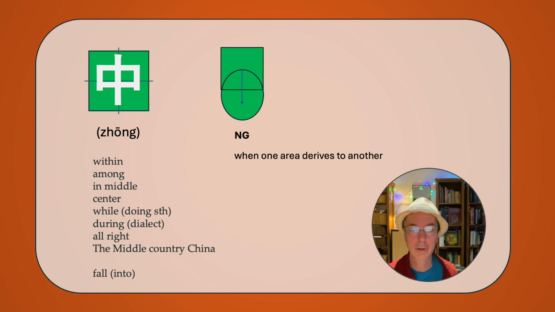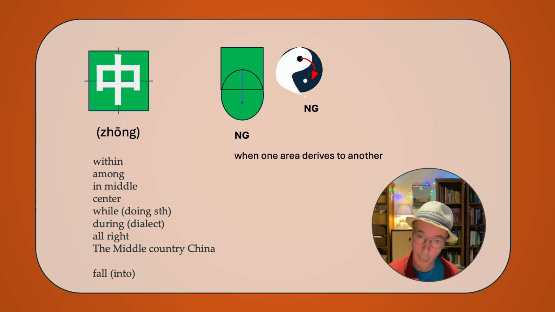It's the square and the circle, and there's a connection that leads to it, that you have an orientation in the square and an orientation in the circle, and the one derives from the other. When one area derives from the other, it's like it's coming out of that area. You can already use this sound. And you have it in the yin and yang, of course. And I described that before. So the sound is there where one thing leads to another.